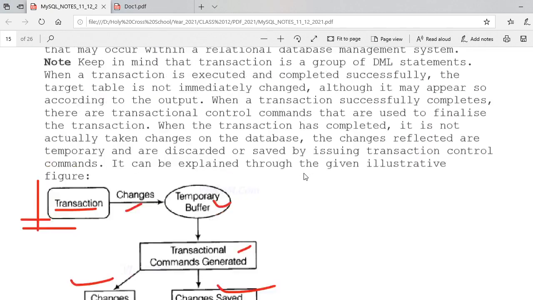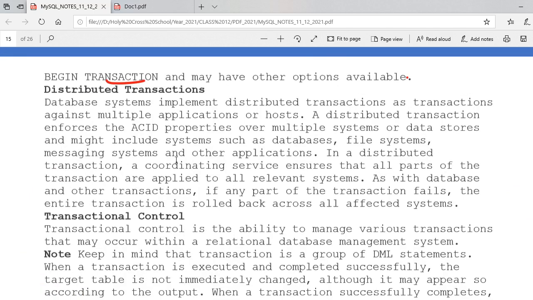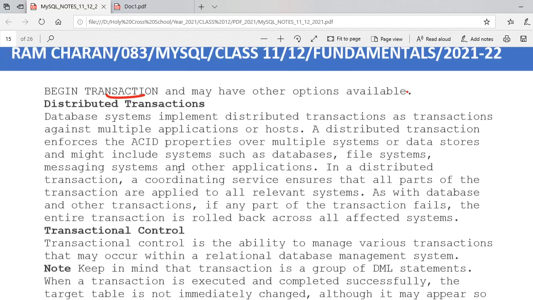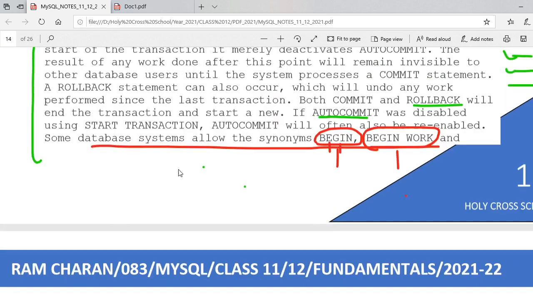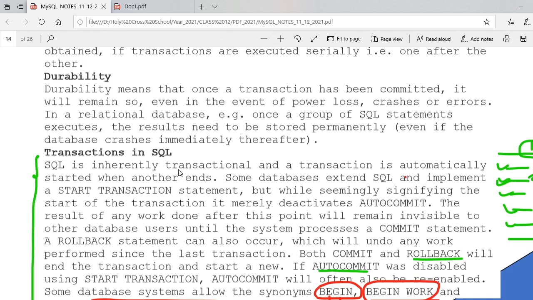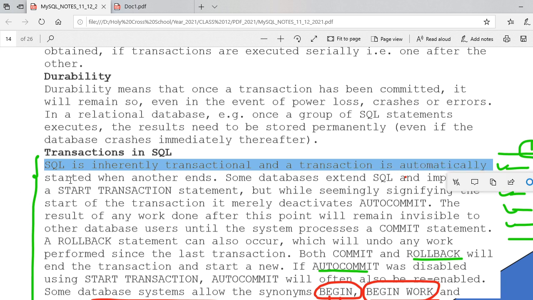Here you see this line. SQL is inherently transactional, and a transaction is automatically started when the other ends.